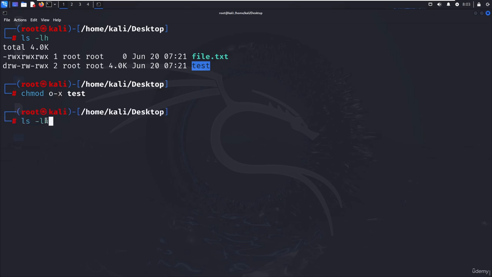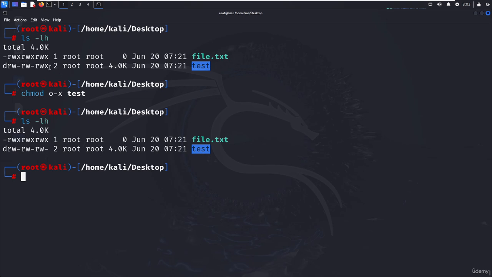Okay, and hit enter. And if I check again, now, so previously there was execute permission, no more execute permission on this test folder, neither for the user, not for the group, and not for the other. Suppose I want to remove the write permission for everybody, so rather than using them one by one, typing w and U, then G, and then O,